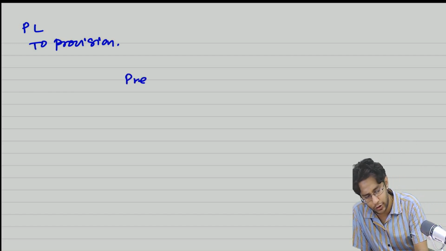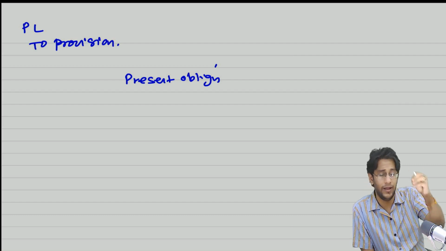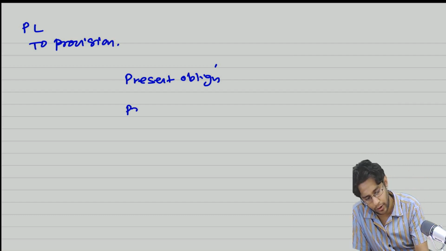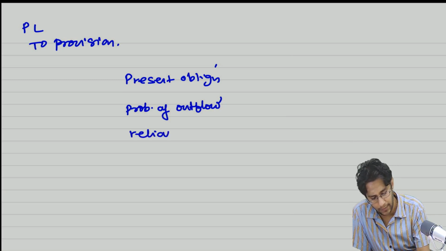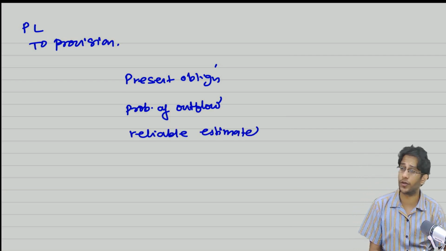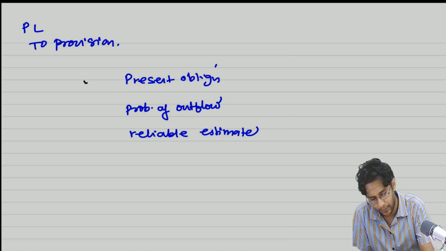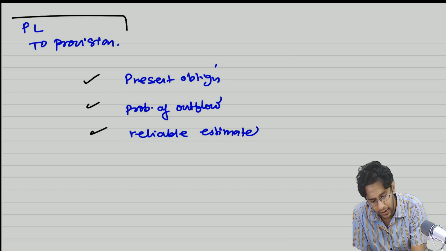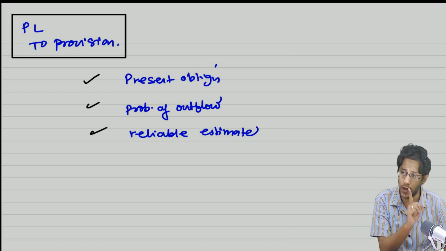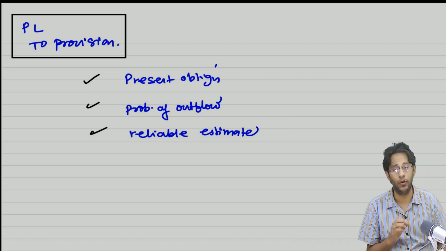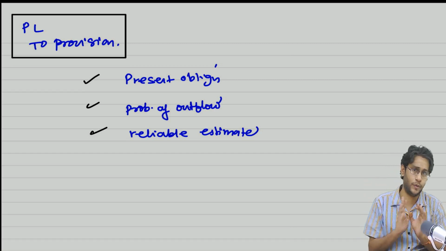One is there should be a present obligation arising as a result of past event. So obligation should be there. Next, probability of outflow of resources should be there, and then a reliable estimate could be made towards the amount of obligation. If all the three conditions are satisfied, pass, and then you can confidently write a provision. Out of these three, if at least one condition you fail, then you cannot recognize the above entry. You cannot recognize the provision.